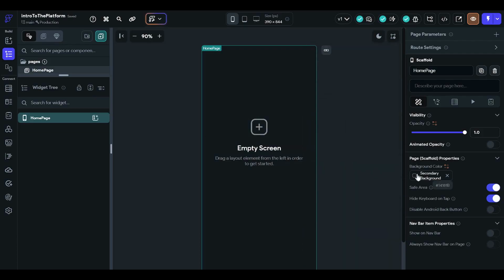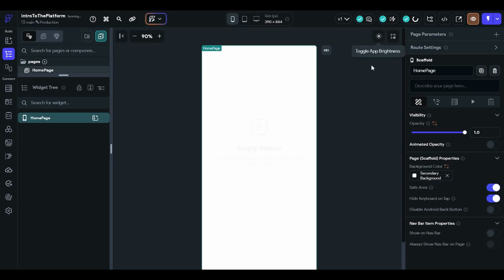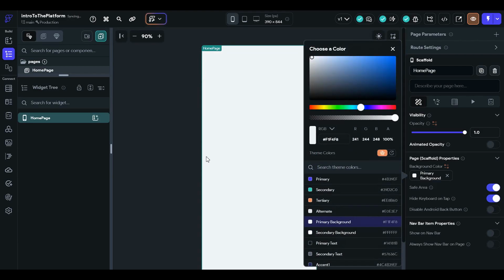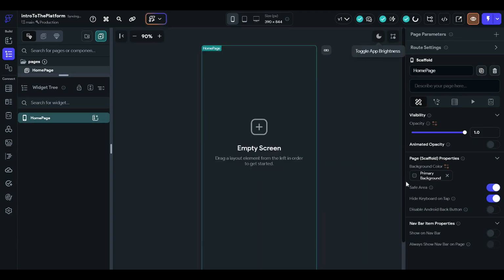The secondary background color has more intense and dense dark color, as you can see, and if you change it to the light mode, then you can see that the light mode also has a slight change in the background color.